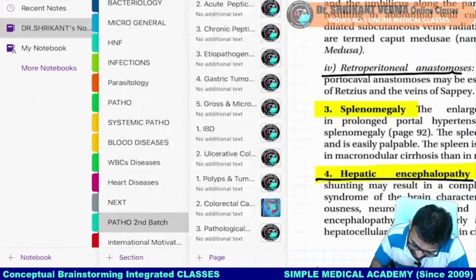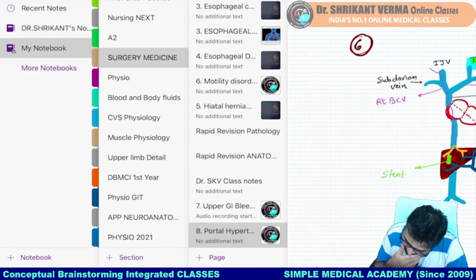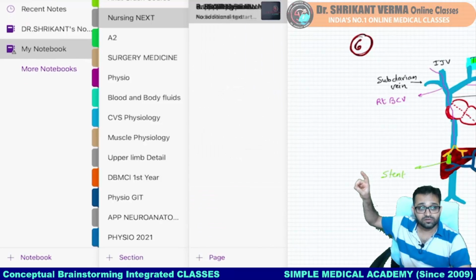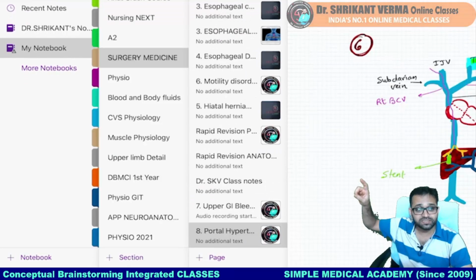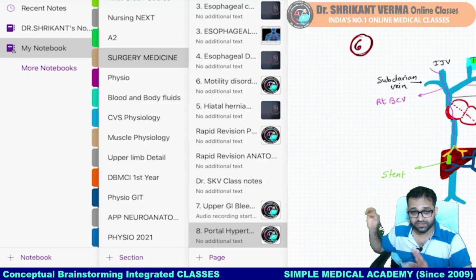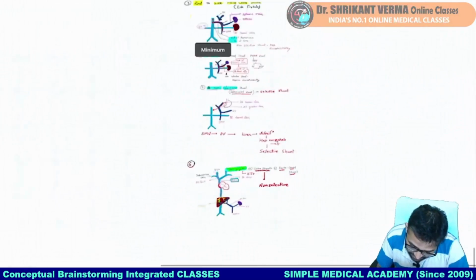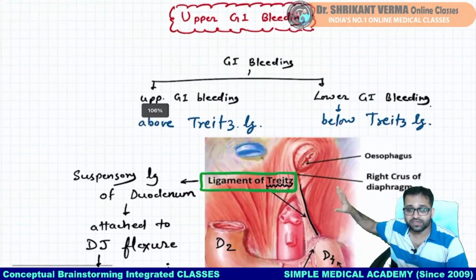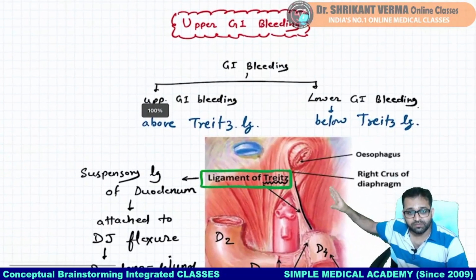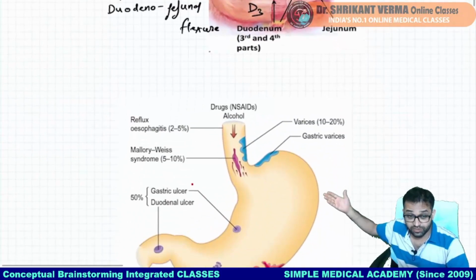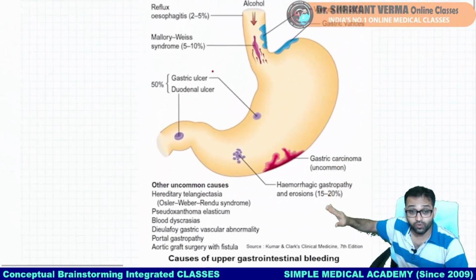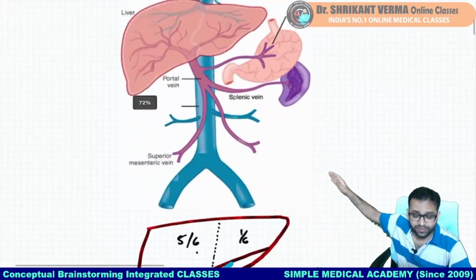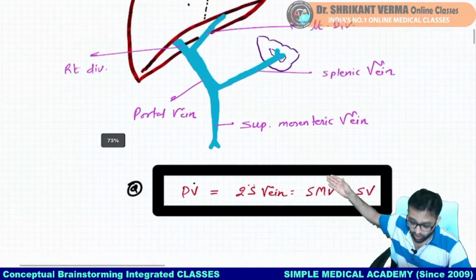So here we are ending, but when we go to our surgery medicine integrated classes, can you see, okay, here the surgery medicine integrated classes, and this 8th topic I taught there, that is portal hypertension in the surgery medicine class. तो इसके आगे हम वहां पर पढ़ेंगे अपर जीआई ब्लीडिंग होती है किसे कहते हैं, what is the ligament of Treitz, कब अपर जीआई ब्लीडिंग कहेंगे, कब लोअर जीआई ब्लीडिंग कहेंगे, okay? And then what are the different causes,